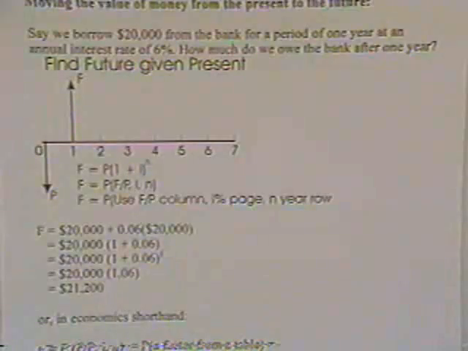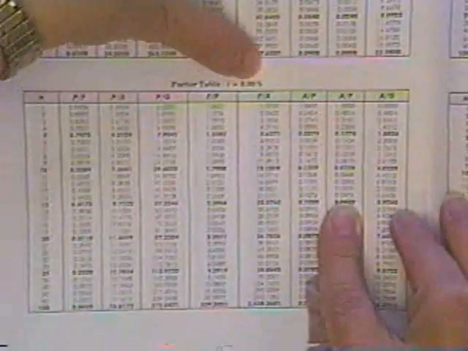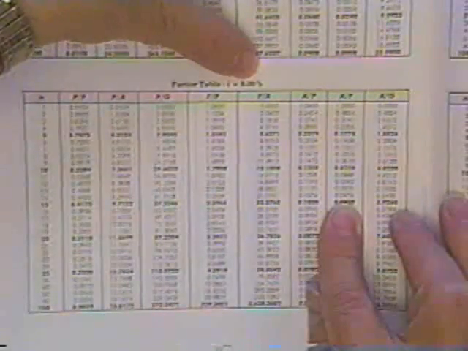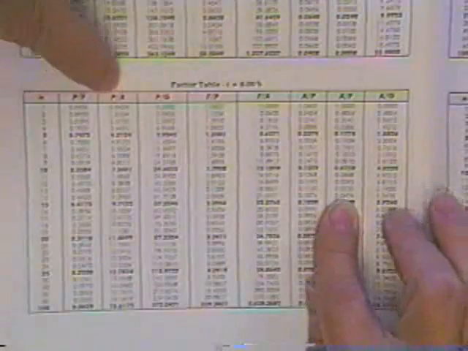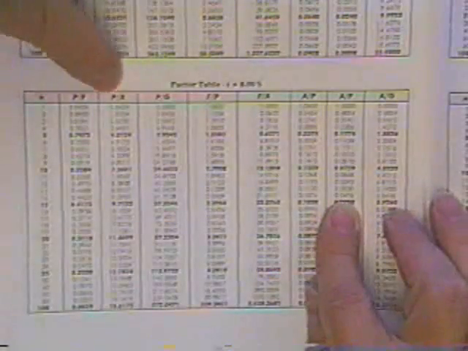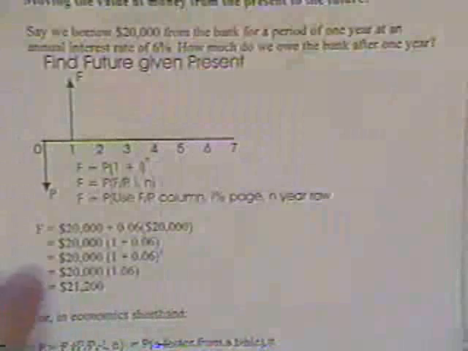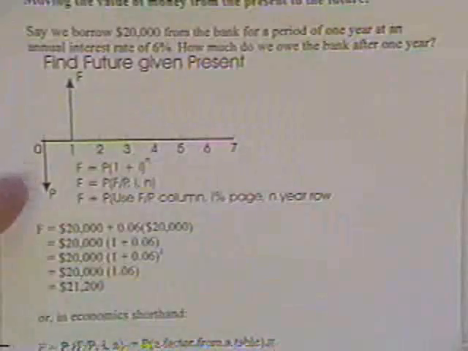So as an example here, I'm just going to go to the book and show you a typical table. It's called a factor table for I is equal to 6%. If someone wants to change a present value into a future value, or a future value into a present value, or a present value into an annuity, or all of these kind of things, you simply look at the top of the table heading and figure out which column you're looking for. In our case, since we are given